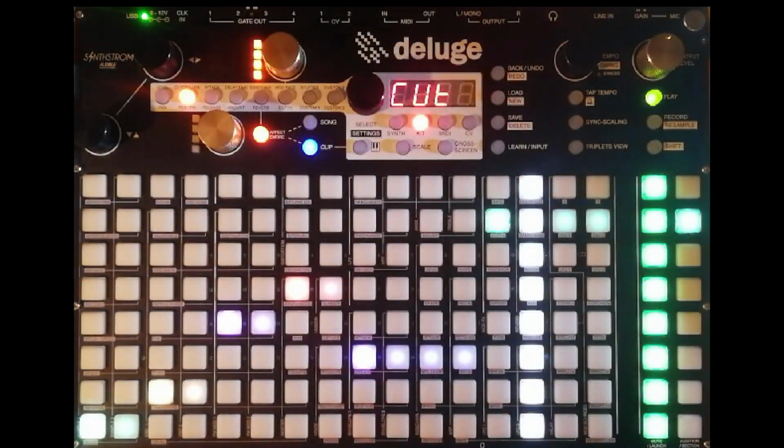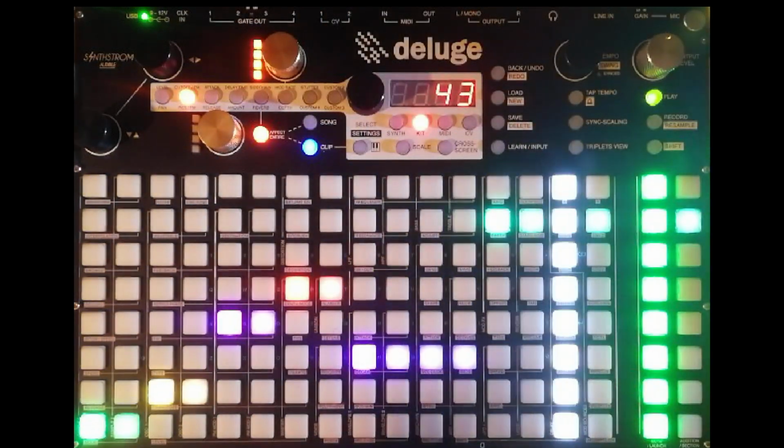And you've got a normal snare and you've got a stretch snare there as well. So, you know, there's a good bit of flexibility. There's the one thing I love about the Deluge, it's very versatile on a per instrument basis as well. And in addition to that, I could